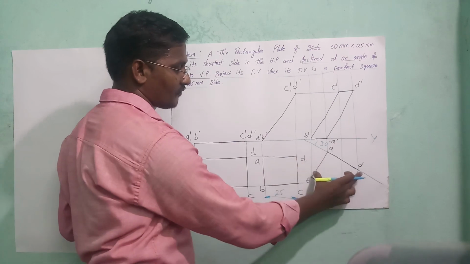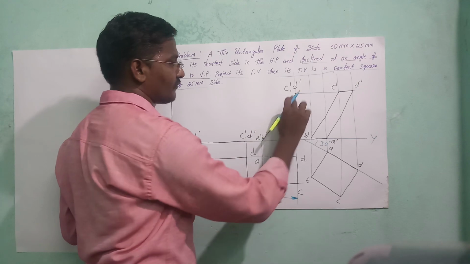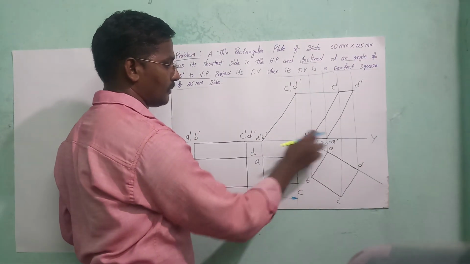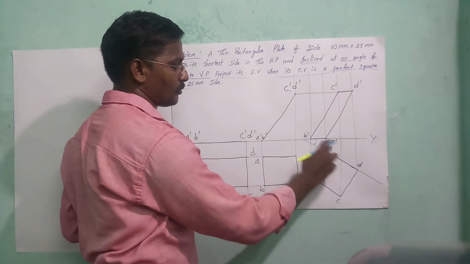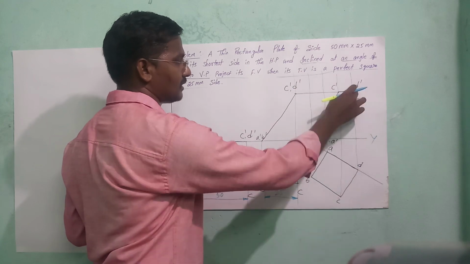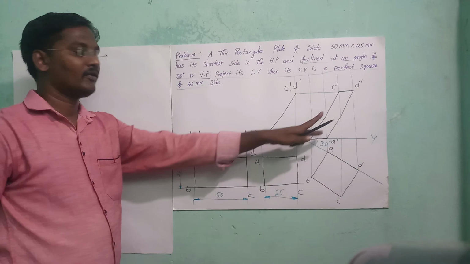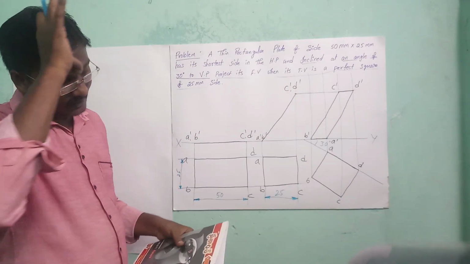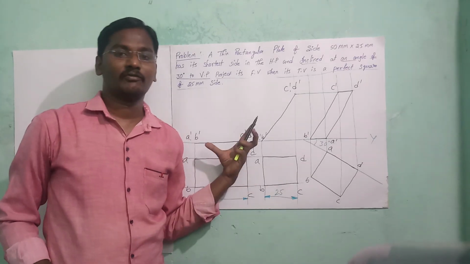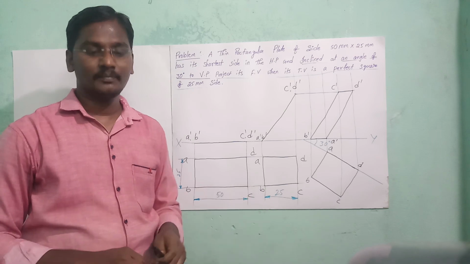Okay, so after that, from this square, draw the vertical projection lines at each and every point, and from this surface also draw the horizontal projection lines and coincide the points. A projection line, A dash projection line, locate this point. Next, B, B dash, C, C dash, D, D dash. After that, join all the points, so you will get the final position which was inclined to both the planes. Okay, so this is the final diagram of this given problem. Okay, so I hope each and everyone has understood this problem.